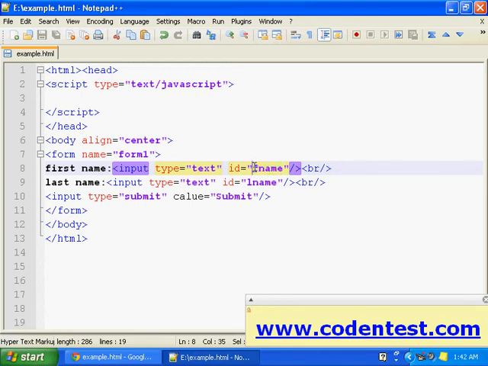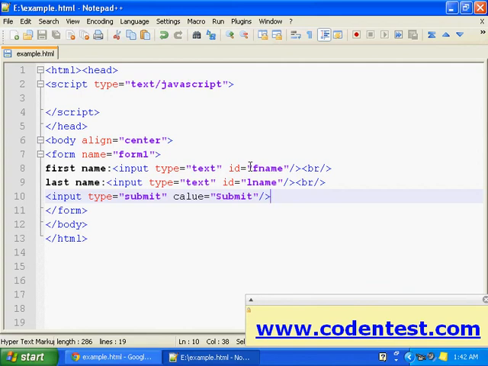I gave a unique ID for the first name text box, fname, and for last name I gave it lname. And we have a submit button. So we must give a unique ID to the form elements we want to access.